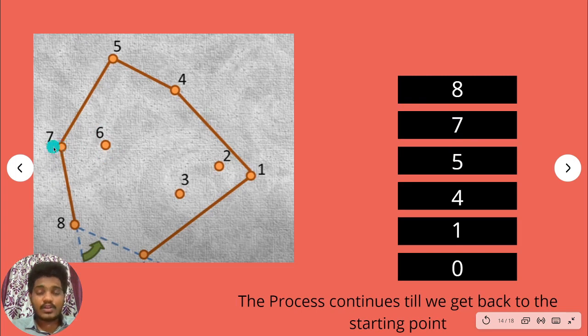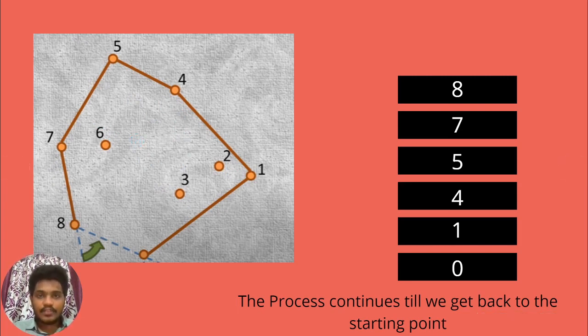We'll check the same with 7 also. So we'll check 7 to 8, so it makes a counterclockwise direction. So we'll join those 2 points and we'll search for the next point. There is no extra point, and we'll check whether 0 is there or not. For this specific 0, if it makes a counterclockwise direction, we will close the loop and the stack will be completed. So as you can see, these are the points that need to be connected in order to make a convex hull for this given planar set of points P. So this is how Graham's algorithm actually works.